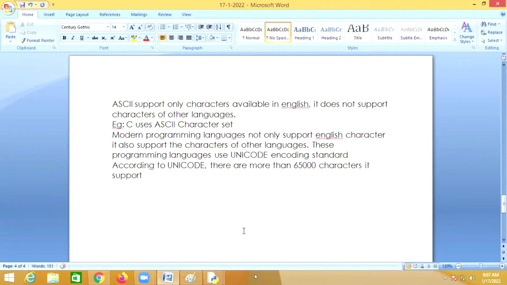It means it does not only support the characters available in English, it also supports the characters of other languages.